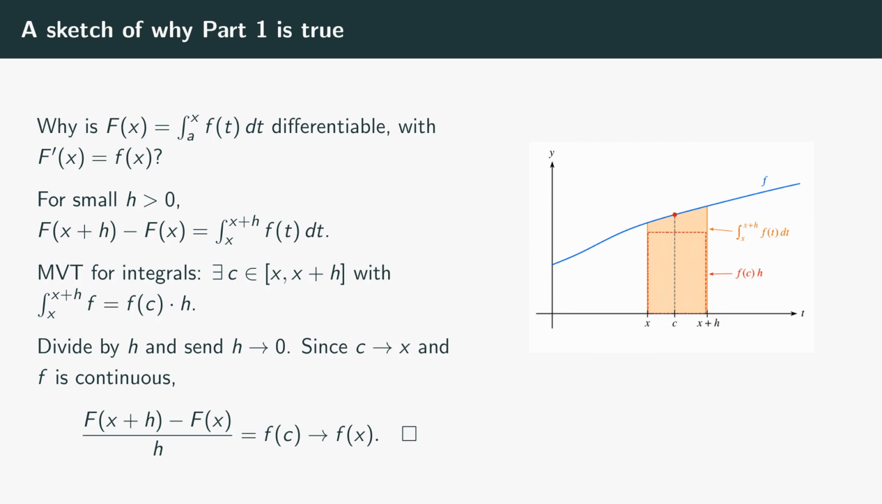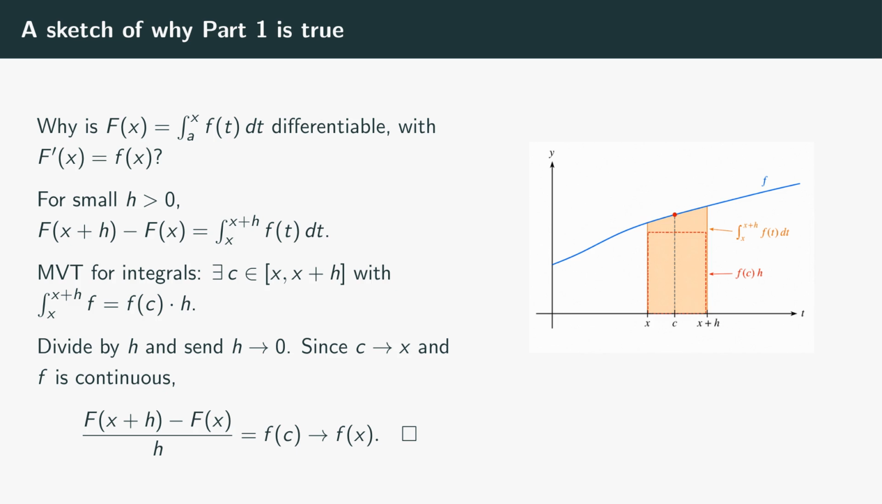Divide both sides by h. The difference quotient is just f of c. Now send h to 0. The sliver collapses. The point c is squeezed against x. Because f is continuous, f of c goes to f of x. So the derivative of capital F at x equals f of x. That's the whole proof. And if you squint, what you just saw is Barrow's geometric picture written out in algebra